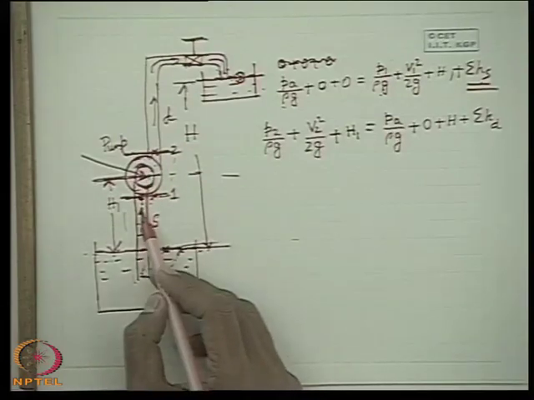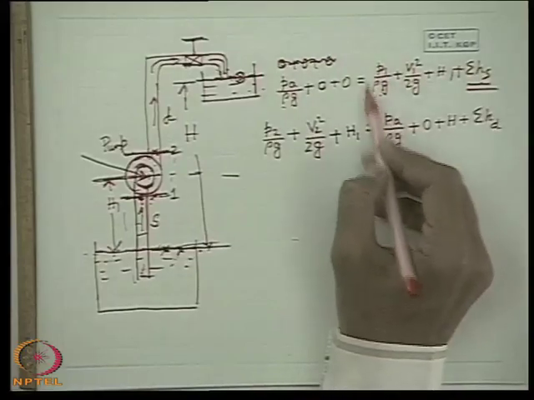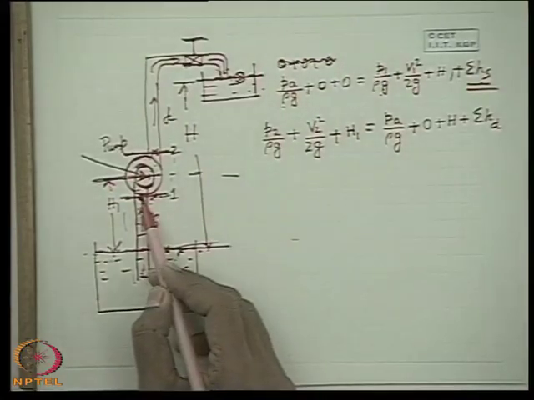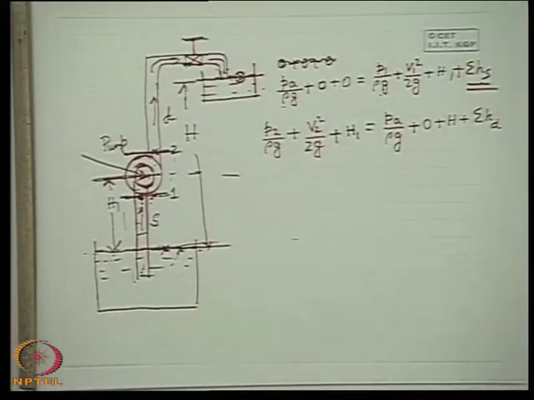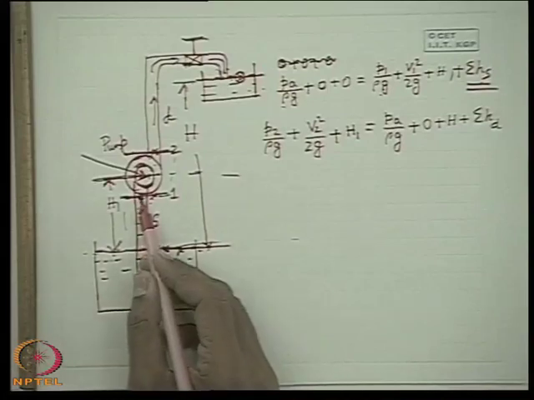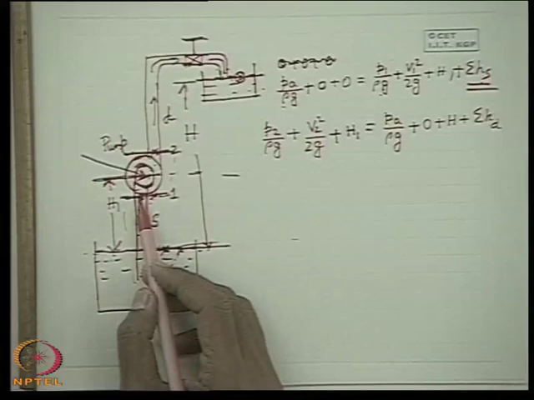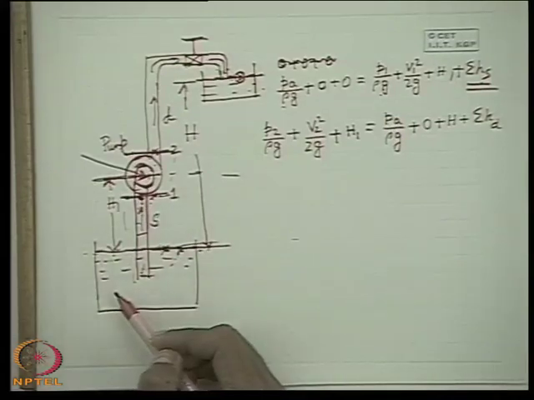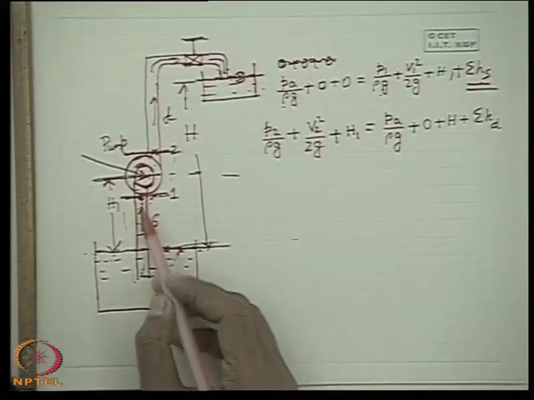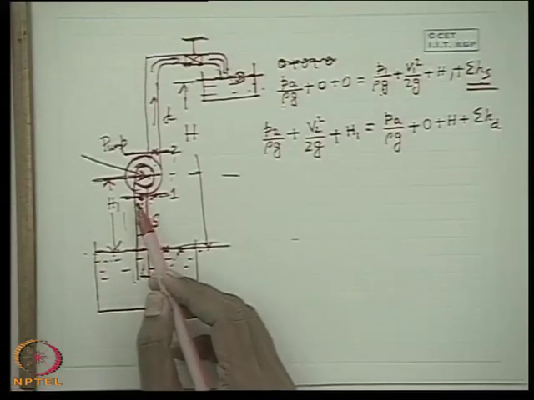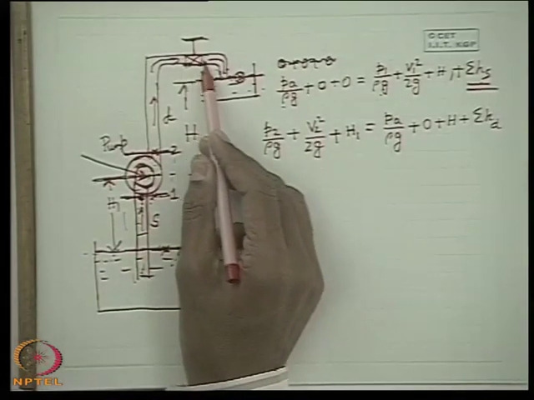So we should be very careful of the losses, so that this quantity should be minimum, so that this pressure should not fall below the vapor pressure of the water at the existing temperature, otherwise cavitation will start, water will boil off. So it is very essential, as I have told, in any fluid or hydraulic circuit where there is a chance of pressure going below atmospheric pressure, that the pressure should not fall below the vapor pressure of the working liquid at the existing temperature. Therefore valves are placed in the delivery side only.